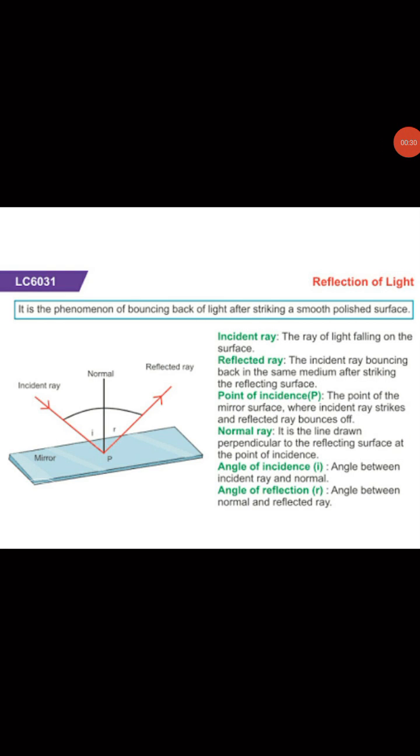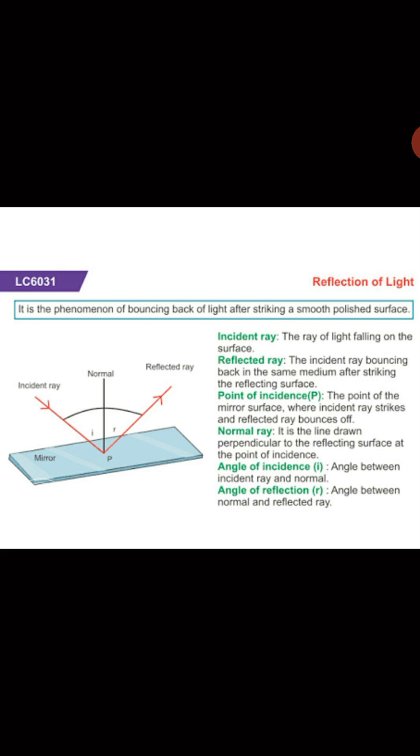Let us see what is the definition of reflection of light. What do you mean by reflection of light? Reflection of light takes place when light falls on a flat, smooth surface. Reflection of light is maximum when the surface is polished. When light is allowed to fall on a smooth surface, as you can see in the image,